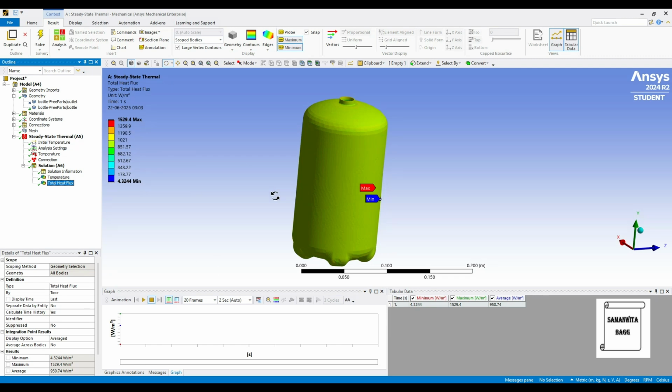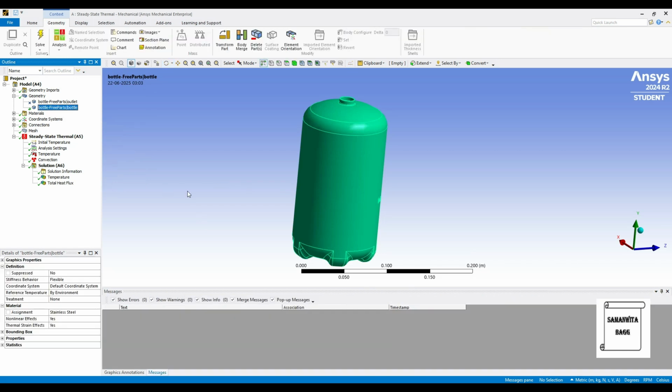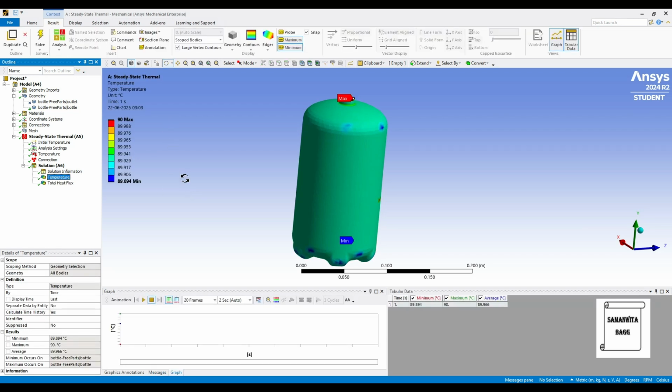Now whatever values I was getting with structural steel, you will see that I am getting similar values for stainless steel as well, because both are steel and their value of thermal conductivity is nearly the same. But when you go for PET, the value of K was different. It was 0.3 watt per meter Kelvin, because of which the temperature variation was seen over there. Here you're getting very little variation of temperature.